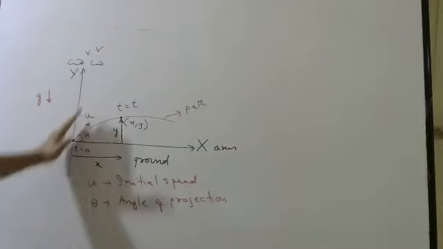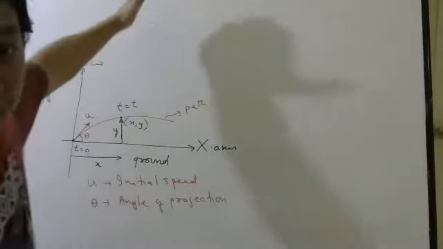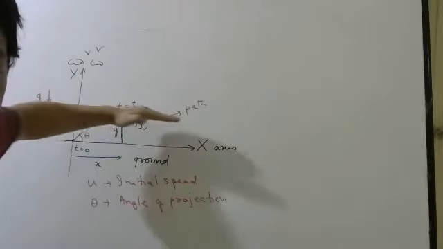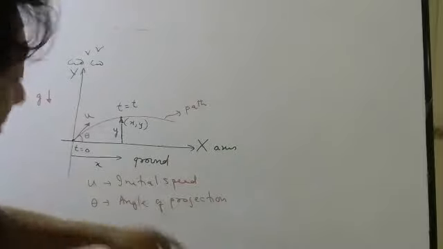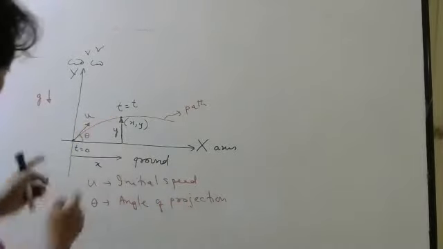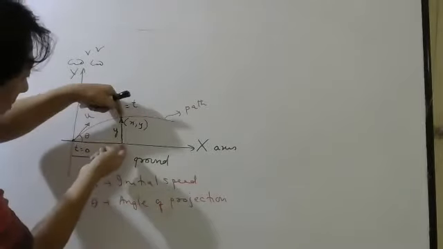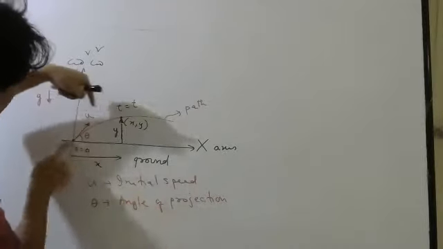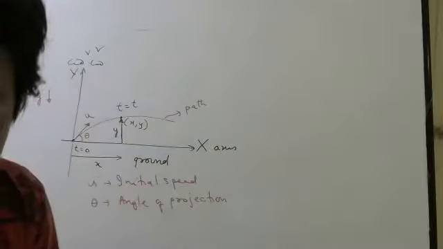I have given some initial velocity. It will not go straight. It will go straight provided there is no gravity. Because of gravity, it will curve. Time 0, I am choosing at the origin. After time t, it has reached here. There, it will have some coordinates. X coordinate means distance from origin along x-axis. Y coordinate means distance along y-axis from origin. So this is your y coordinate, which is same as this. Okay, so let us start.